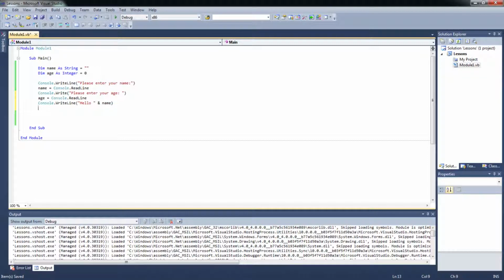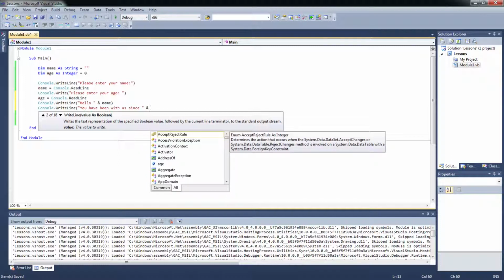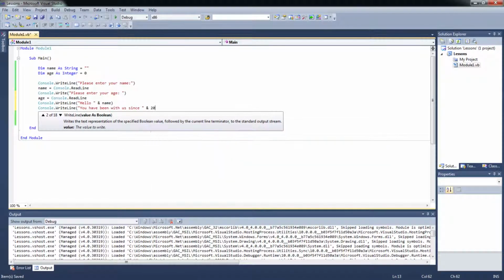And then we're going to calculate the age, and we're going to write the year that they were born. So console.WriteLine, I'm going to put a message: "You have been with us since," and once again we want to put the AND operator so it knows that what we're going to do is supposed to be next. And then I'm going to put the year that we are on, 2014